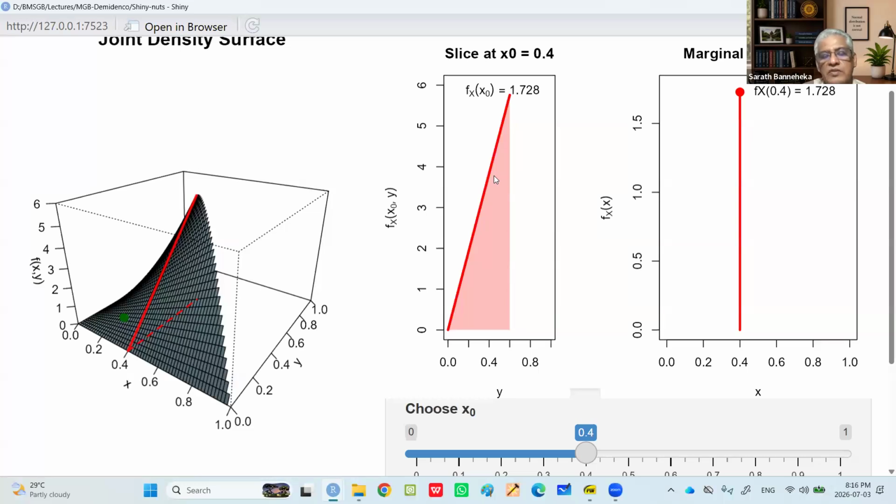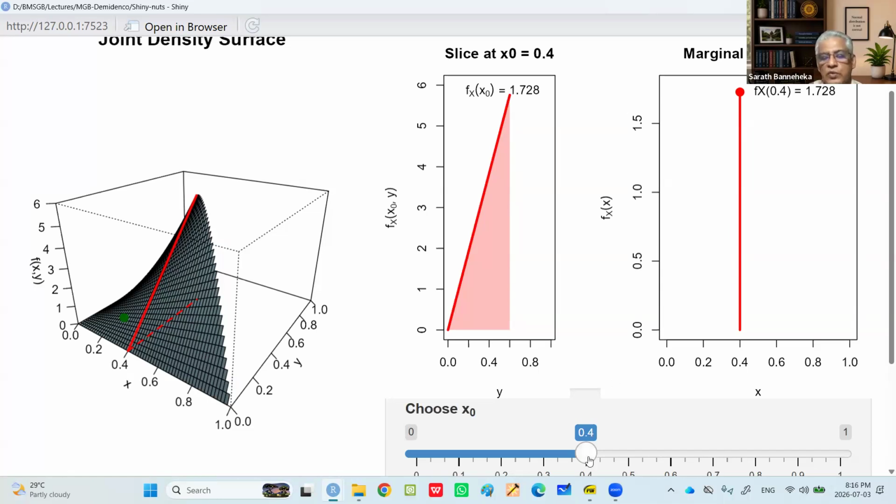I will show you why it's a triangle, because this becomes a straight line. So in this case, you can easily find the area using geometry, or you can integrate this curve from 0 to 1 minus y, and then you will get the answer. So in this case, this is the value that you get,